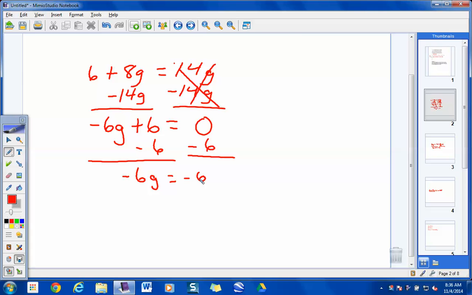You have -6 divided by -6, wouldn't you? We'll look at an example. All right, so you get 1 out of that deal. But just be careful on stuff like that. That rule, and again,